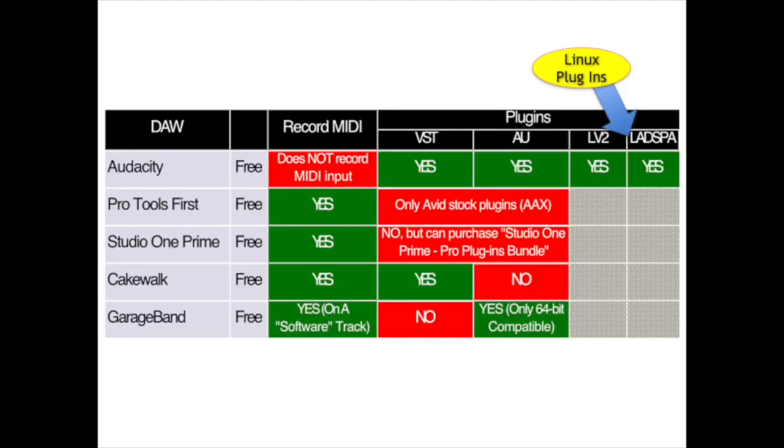In this grid, we're looking at MIDI and plugin support. Now, a caveat on the plugin notations. I found that descriptions about VST and AU plugins were not always crystal clear. There's actually versions of VST plugins, like VST2 and VST3, and it wasn't always clear in feature descriptions if both